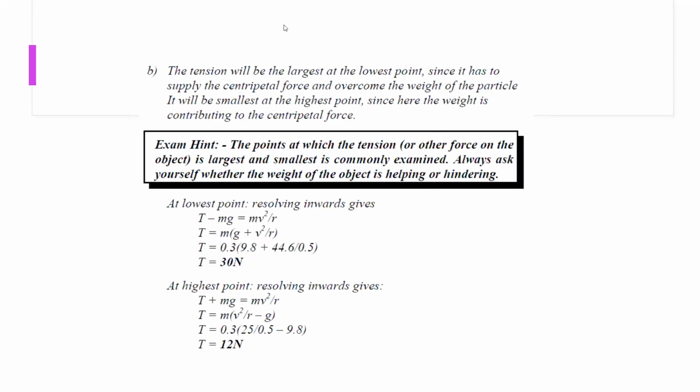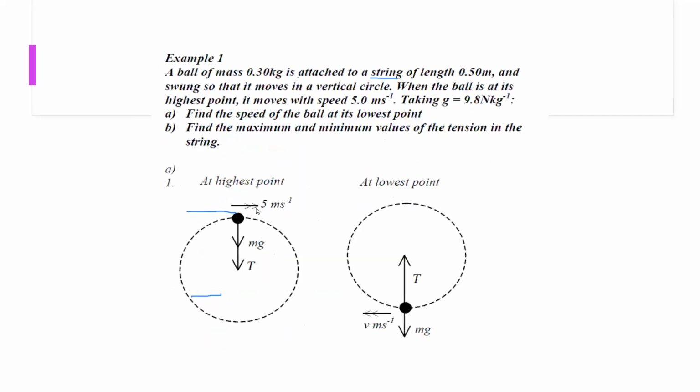The next part: the tension will be largest at the lowest point since it has to supply the centripetal force and overcome the weight. And it will be smallest at the highest point since the weight is there, which is also contributing to the centripetal force. And if a question is to calculate the tension at the highest point and the lowest point,